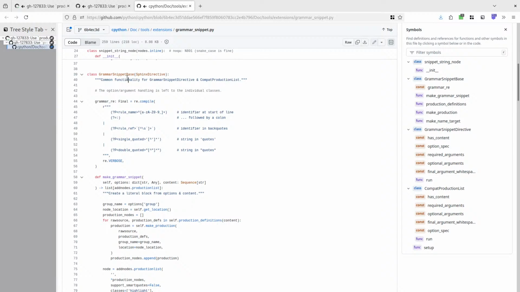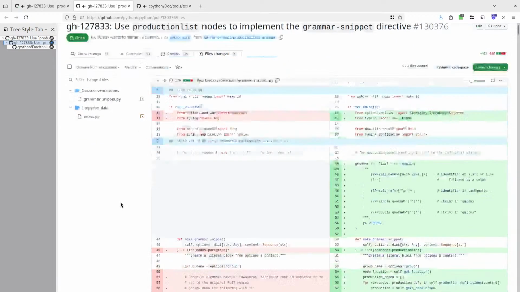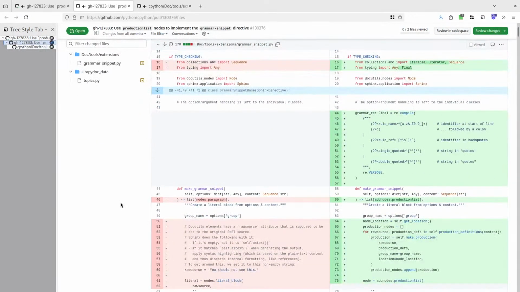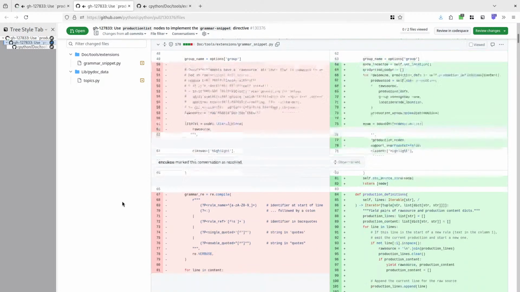You do remember the grammar snippet directive? Yes, of course. We spent a bit of time on that, and this pull request. So basically, Adam improved support for this in Sphinx. The current Sphinx will just render the production list directive instead of the output mechanism piecing it together. Oh, that's right. So this pull request is